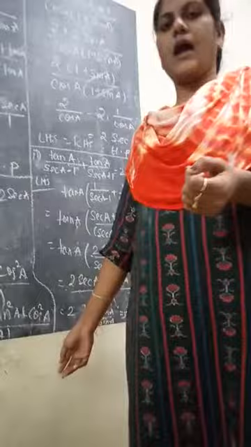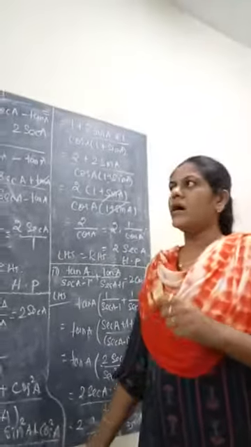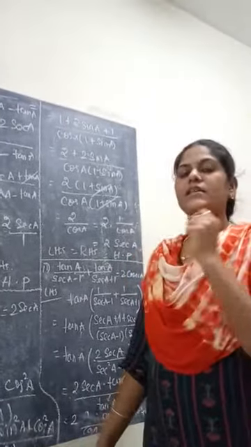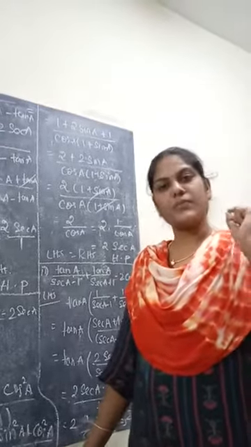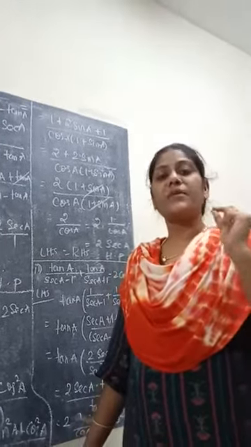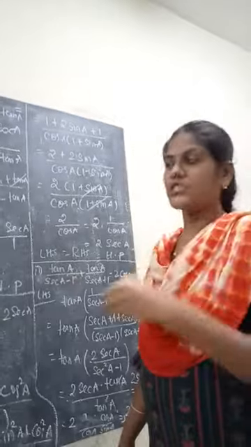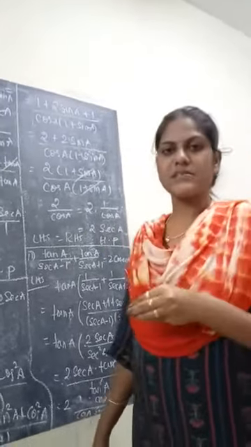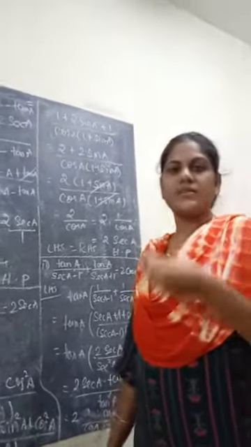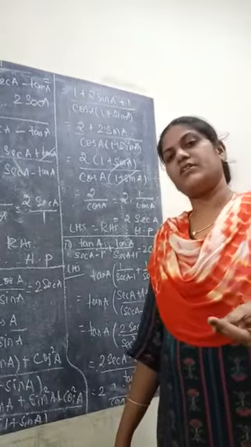So listen, children, up to the 17th sum is over. I hope you all understand this. It's entirely a use of the trigonometry identities. So prepare that properly. You can watch this video once or twice. If you have doubt, ask me. I will send you the class copy, homework, everything today.